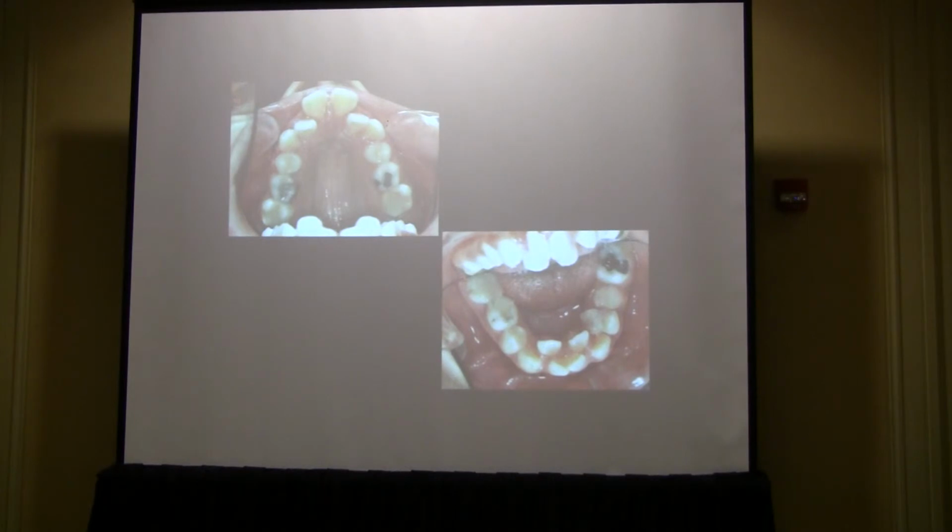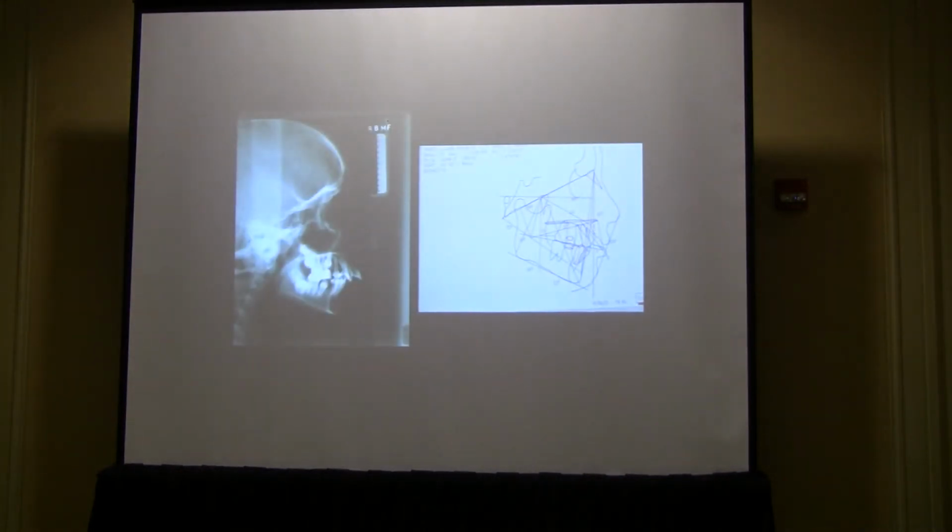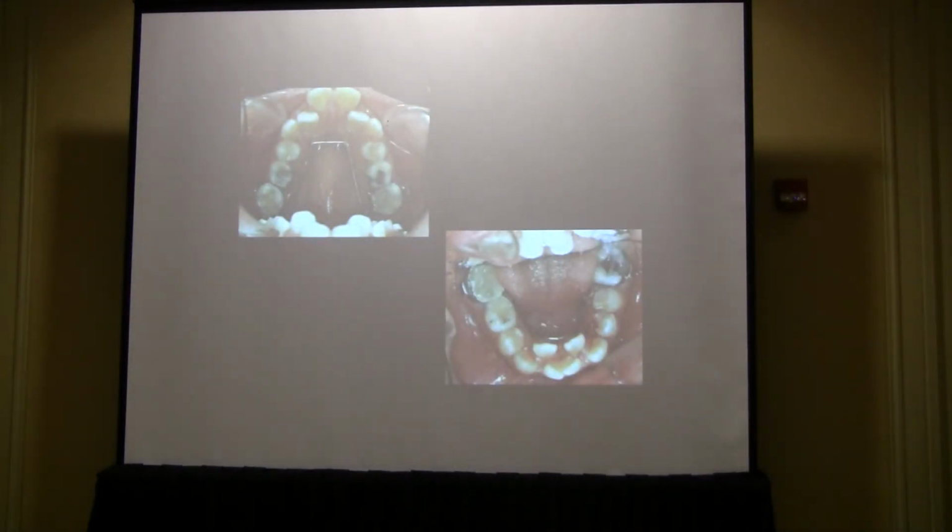Narrow arches and severe crowding and upper protrusion. Cephalometric tracing showing a short and posterior rotating mandible. The treatment, in spite of being for extraction cases, began with expansion